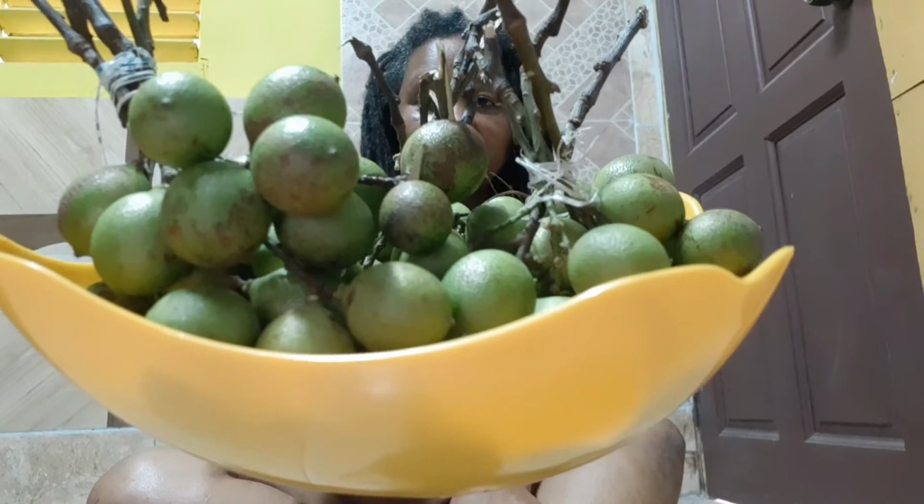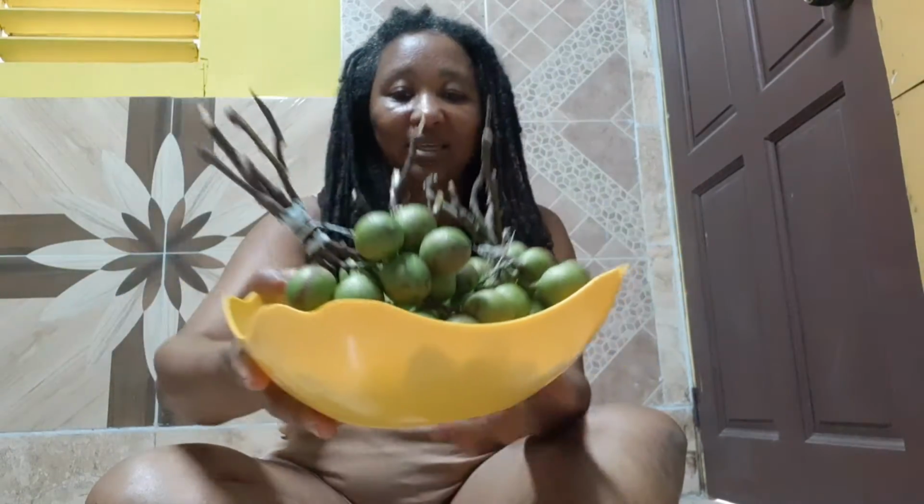So here you have it. In Jamaica, we get them by the bundle in clusters. They grow in clusters, and the vendors will sell it already bundled like this. Alright, so the guinep